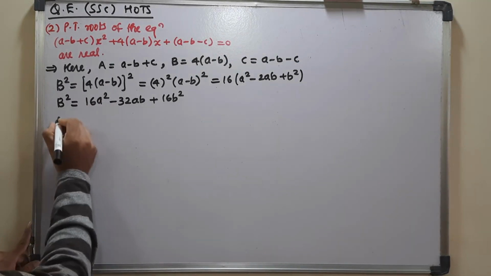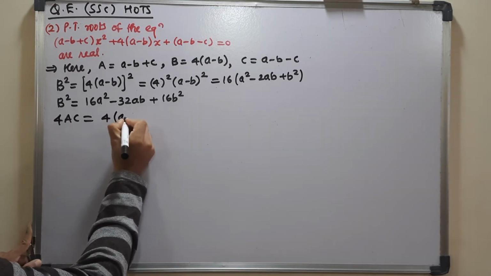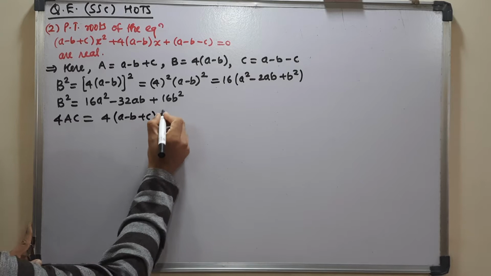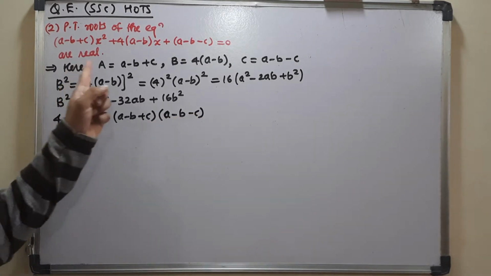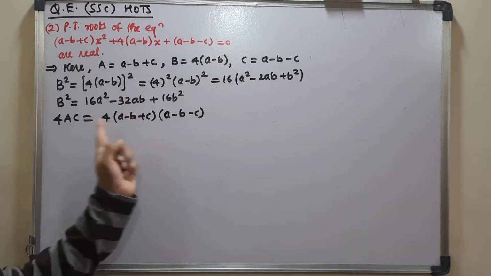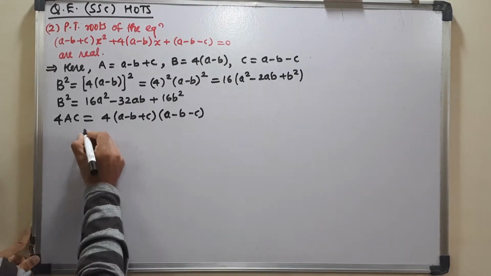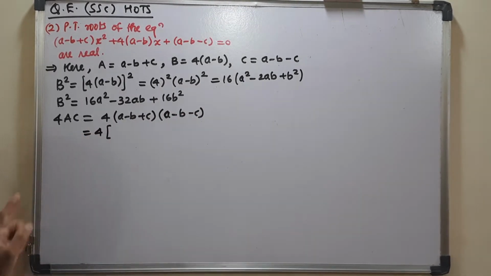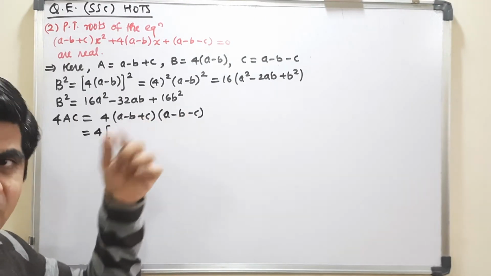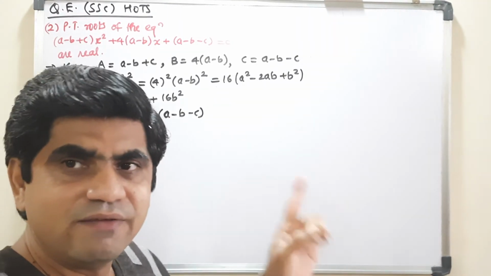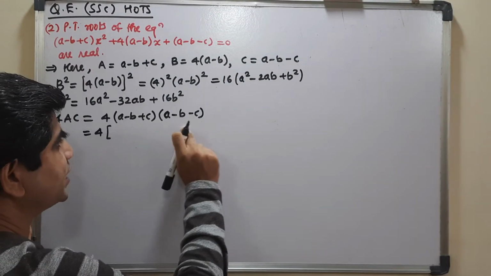Now let us take value of 4ac. So 4a is your a minus b plus c into a minus b minus c. The value of a is a minus b plus c and value of c is a minus b minus c. So this 4 I am not touching at all. I am multiplying this 2. There are 3 terms in one bracket, 3 terms in another bracket. So 3 into 3 will be 9 terms in expansion. Okay. So here a multiplies to all 3 of them.